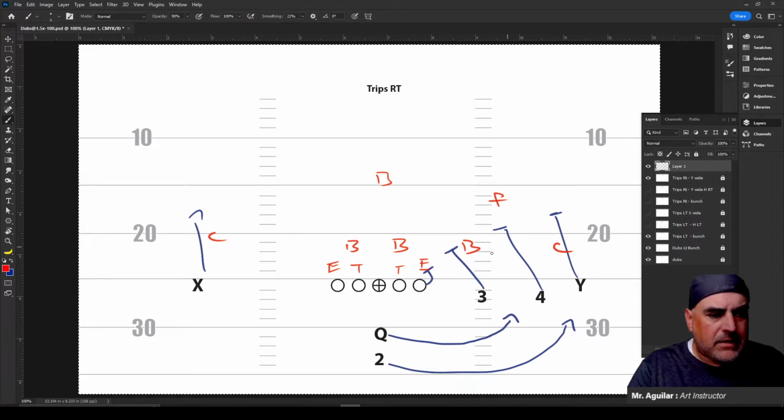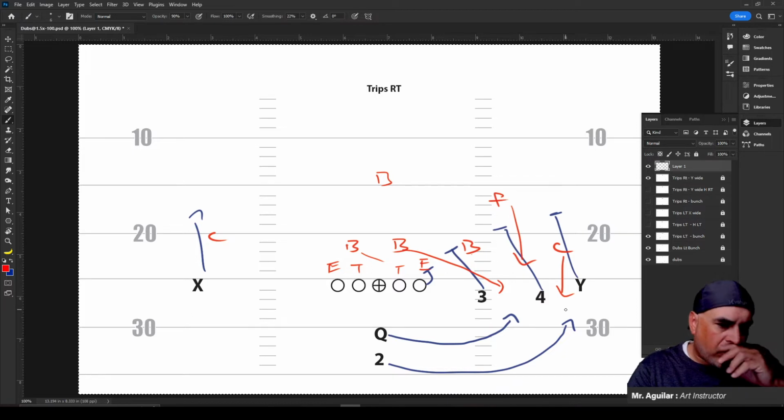So basically, everyone just simply needs to get off their blocks. And when they flip their hips, you guys need to attack. So everyone needs to come out and attack. You guys need to rally and come down and play outside. So corner, you're really going to have to help out with the pitch guy. Same thing with the safety. And then linebackers, you guys are going to be flowing.